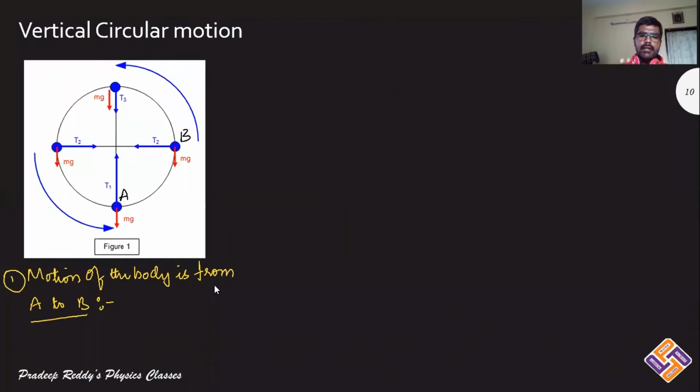So let me give some velocity to this particle at position A. As a result, it goes to some point in between A and B. Like this is the point where it is reaching. And at this particular point, we will use free body diagram. So that is the first condition what we have discussed. The body can reach anywhere in between A and B. If this is reaching at this point P, now what will be the condition for tension as well as velocities that we will be discussing now.